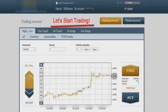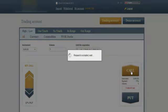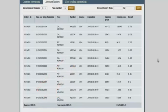I'm purchasing options exactly as I'm instructed as the system tells me. The only thing I need to do is press put or call exactly as the system tells me. Now, if you look at my account statement at the end of the day, of which I dedicated less than 30 minutes for trading, you can see amazing $2,322 of profits, or in other words, almost 50% account growth in